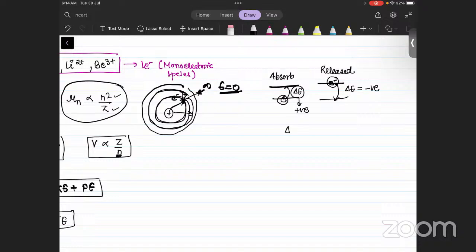And how do you calculate delta E? So delta E, we learned that whatever energy